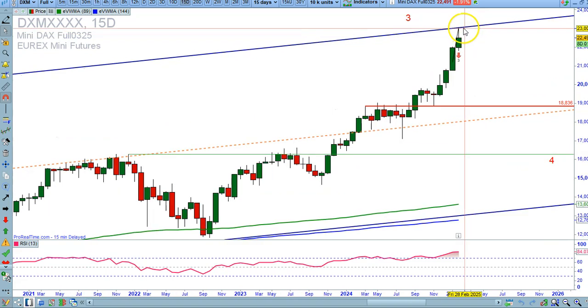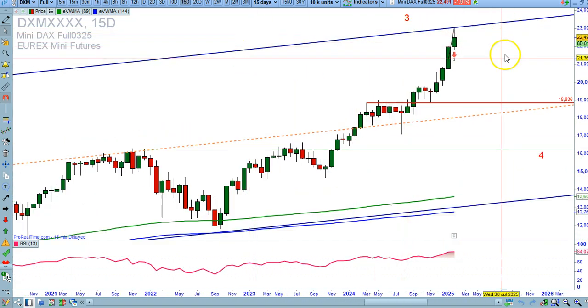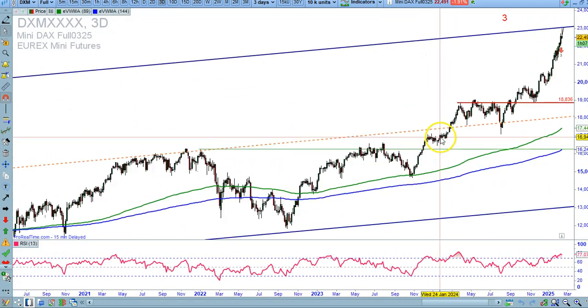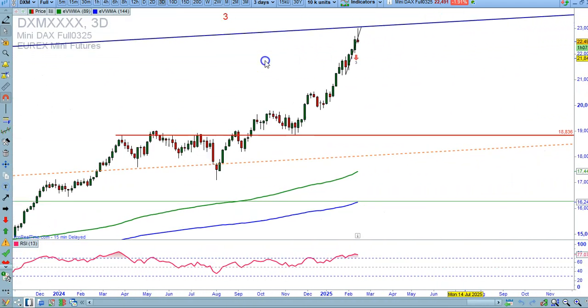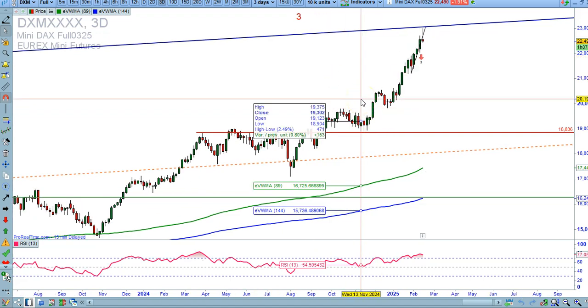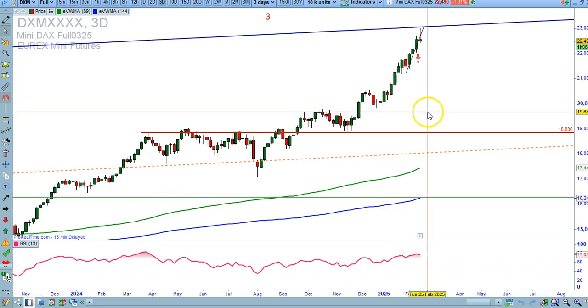It almost tagged 23,000 and reversed lower. And also I can propose a short trade setup here,